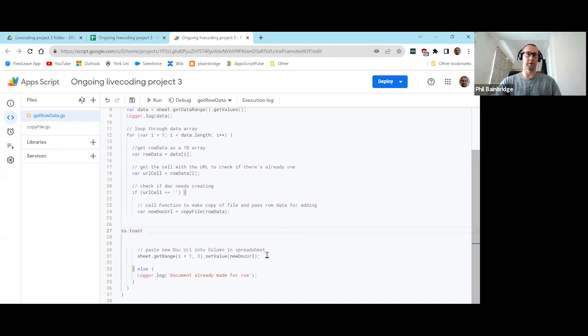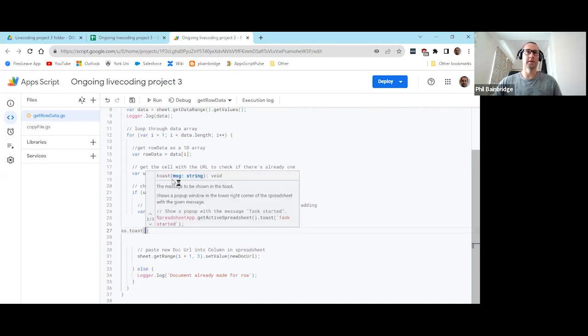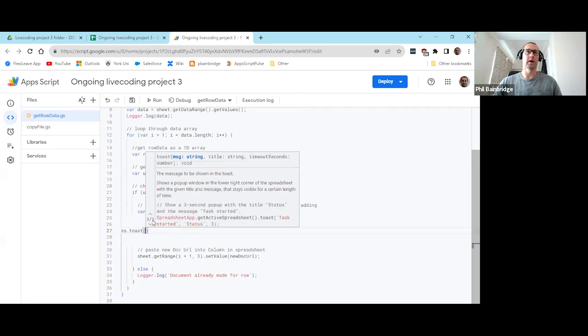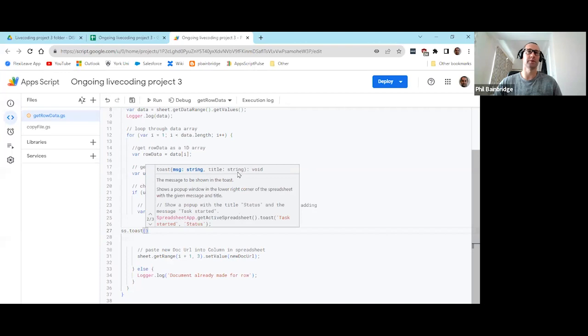Now, if I open my brackets, I can see there's a couple of different options that I can provide here, and I can see a 1/3 value. If I just scroll down, I can see things like, if I look at option 2, I can see there's 2 items I can provide. I can provide the message as a string, and then separated via a comma, I can provide the title as a string. Now, this will be much more obvious when we see the Toast, but this is the option that we're going to go for here.